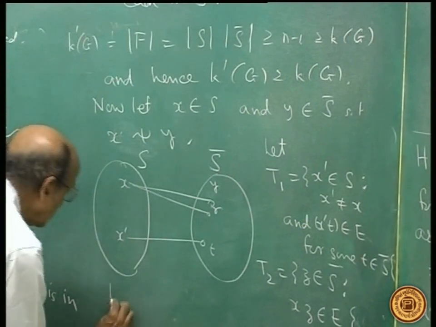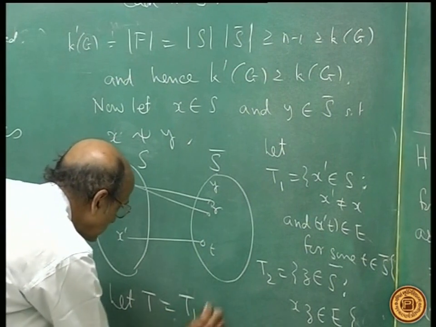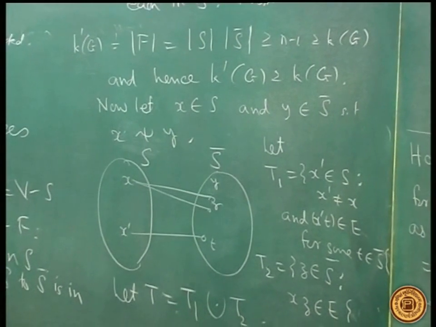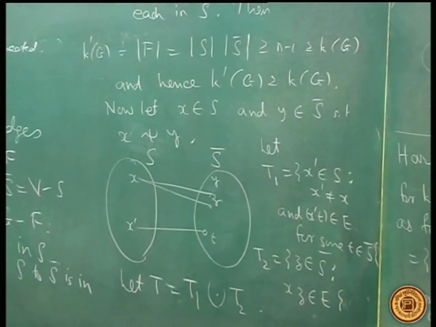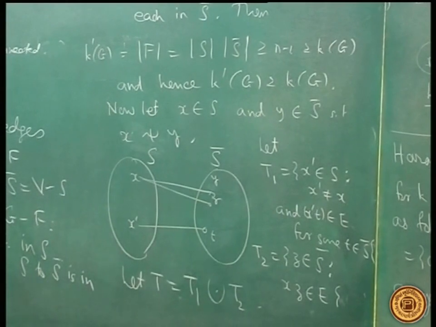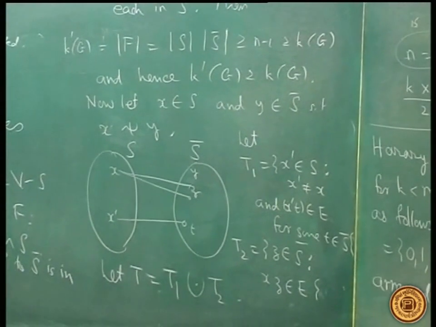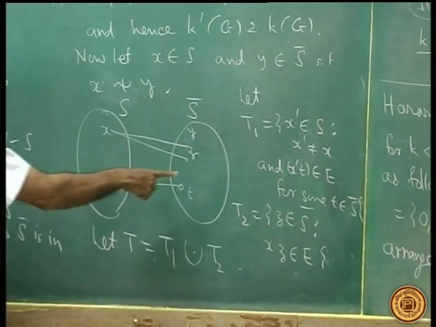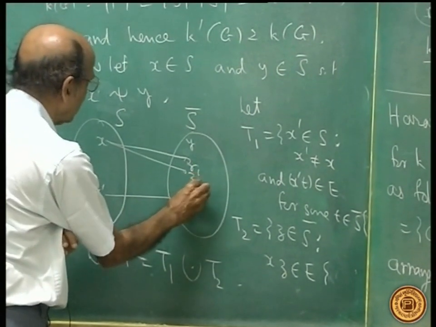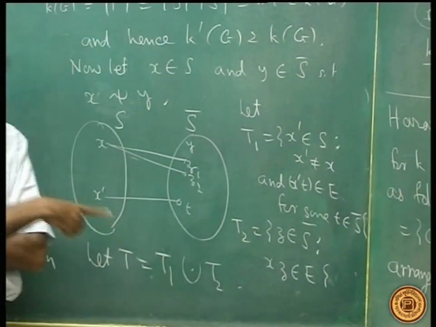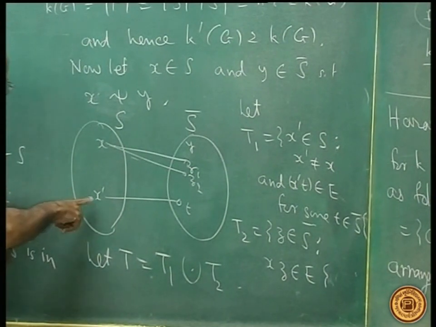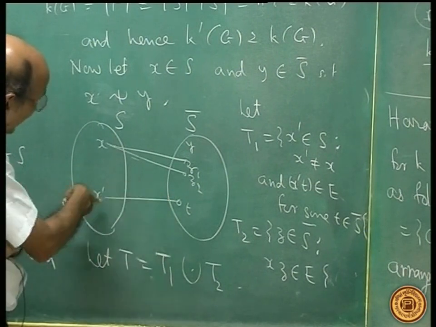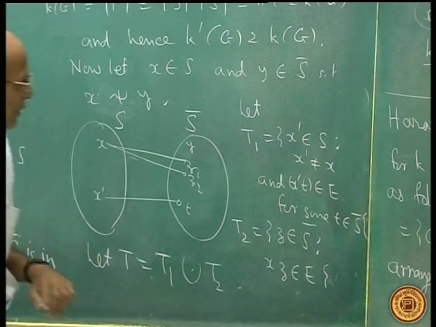Let, okay. For every z here, suppose this z1, z2, etc., I get a different edge. Then for every x prime here, not equal to x, I get a different edge. So the number of edges,